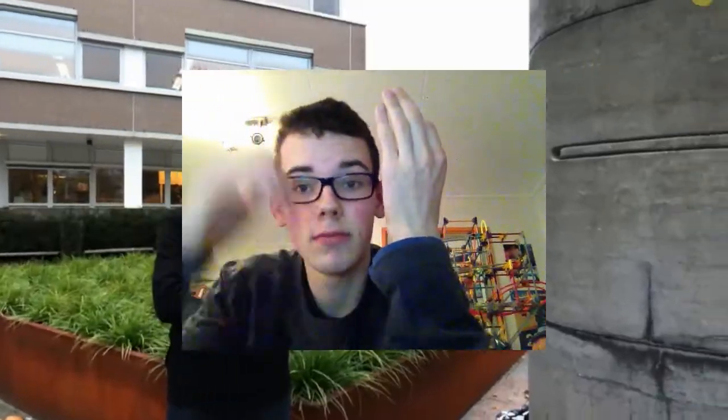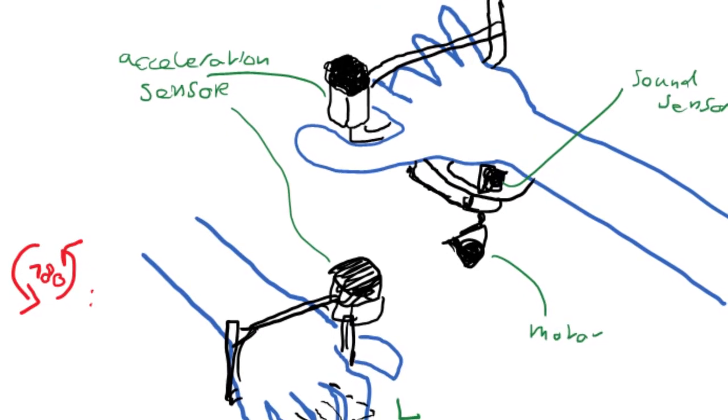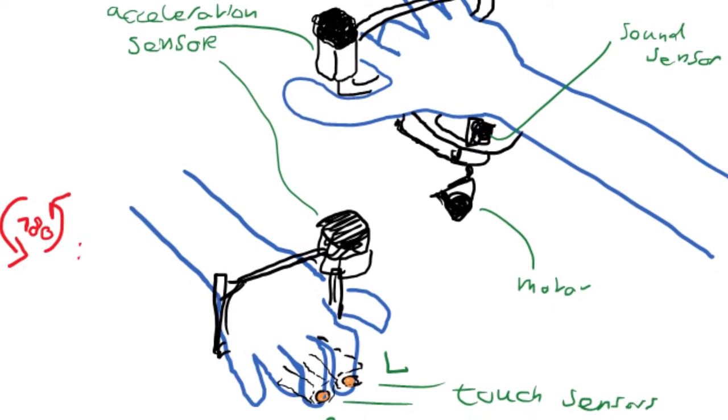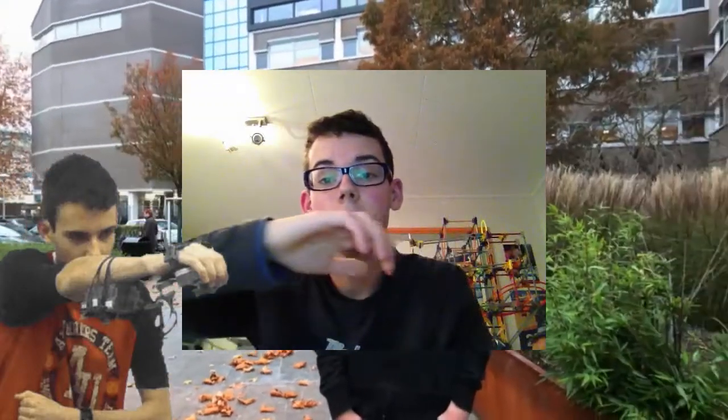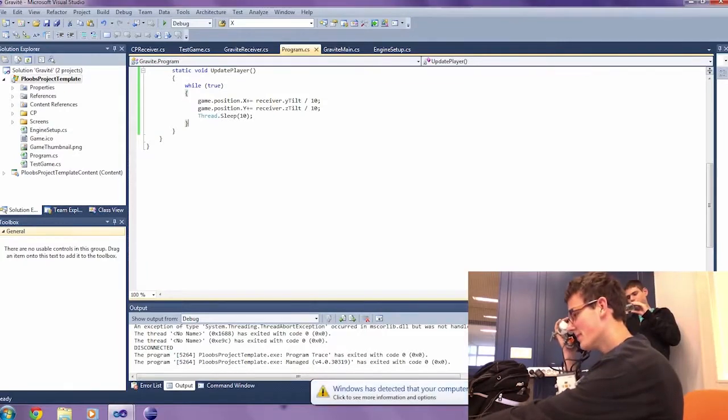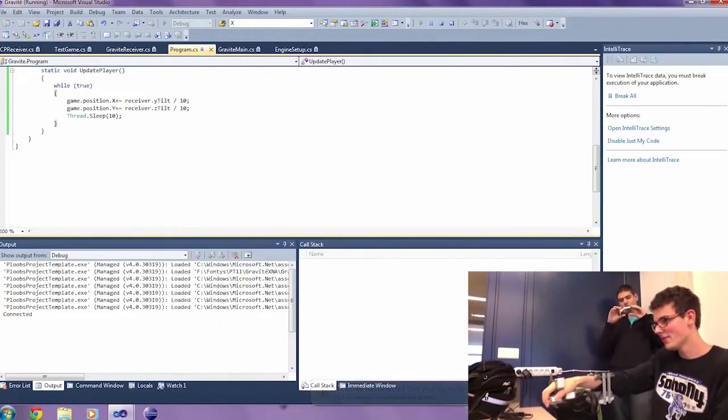but we came to the conclusion that we could actually make a controller. Since there are multiple sensors for the Lego NXT, we thought it might be a good idea to use the gyroscope sensor to track someone's hand and translate that to the ball's speed and acceleration. So that was the idea, and actually it worked pretty nice. You can see a demo in the upcoming video. Now we'll press this one. There we go.